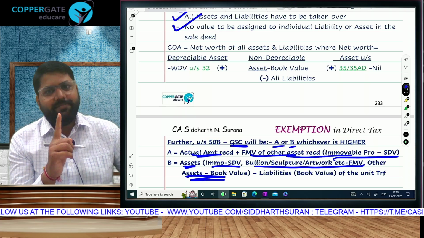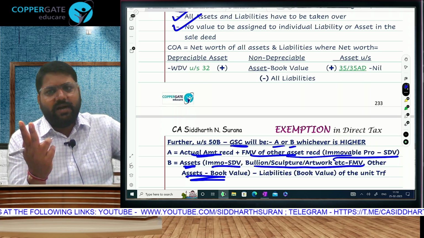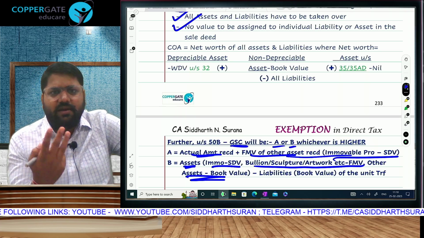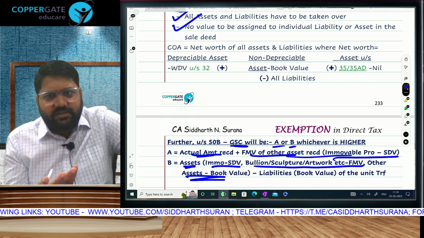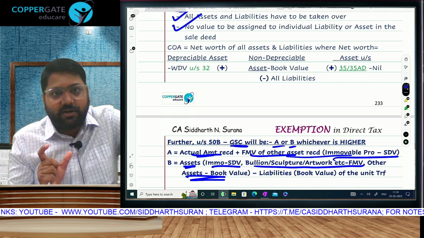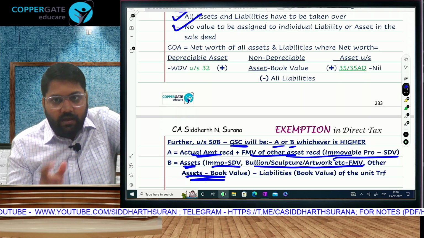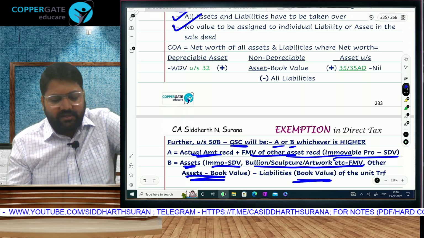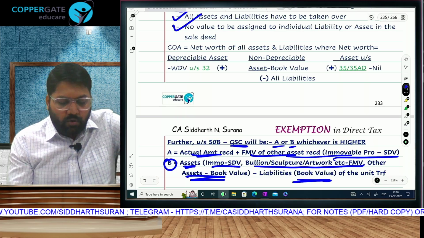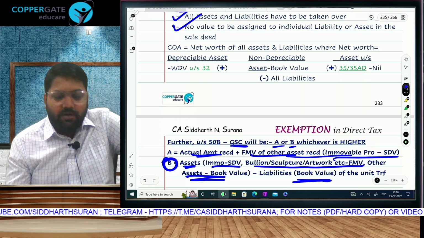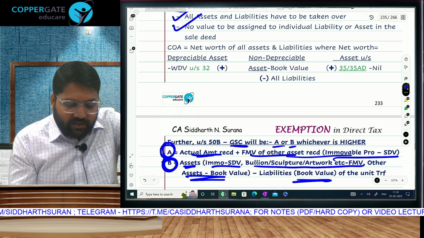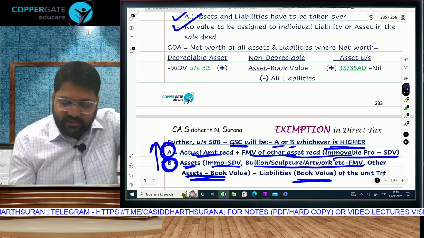Immovable property, stamp duty value; bullion, sculpture, artwork, drawing, etc., we will take FMV; and current assets like stock, debtors, cash, we will take book value. That is the worth of the assets of the undertaking being transferred. And we will take the book value of the liability. So, this is the net worth, you can say like the fair market value. So the actual amount received or the fair market value, out of the two, whichever is higher, will be taken